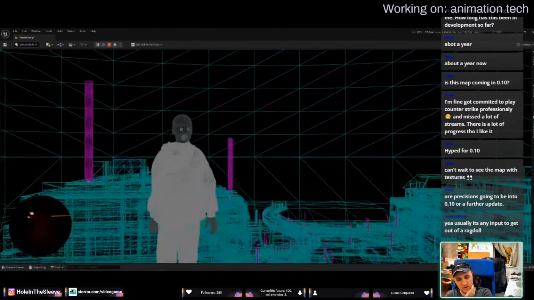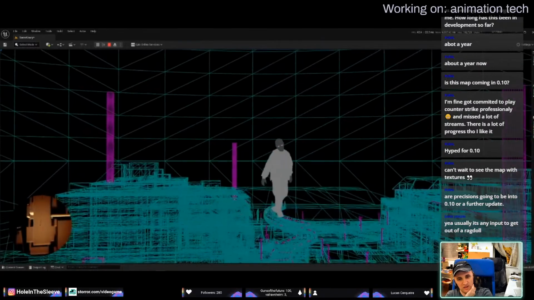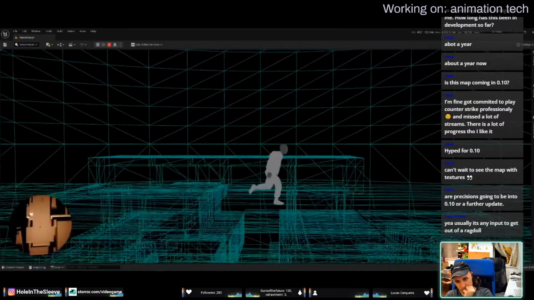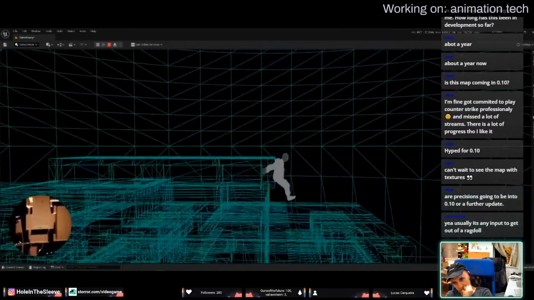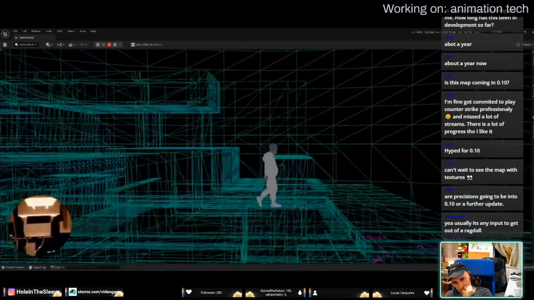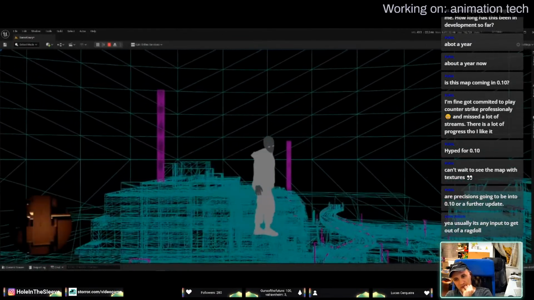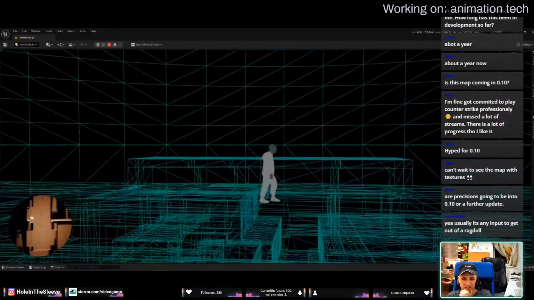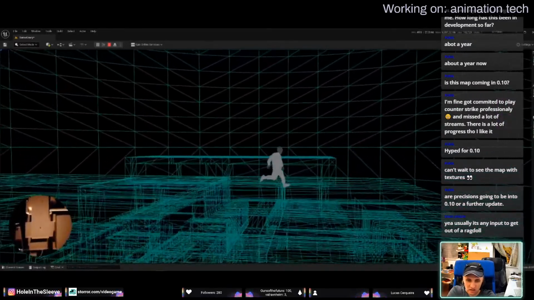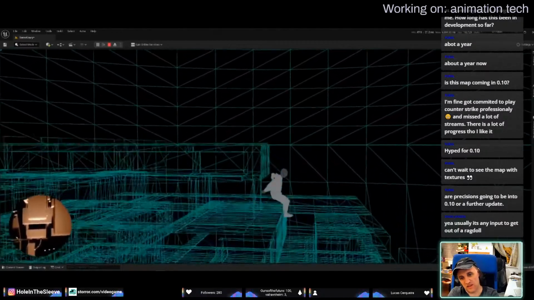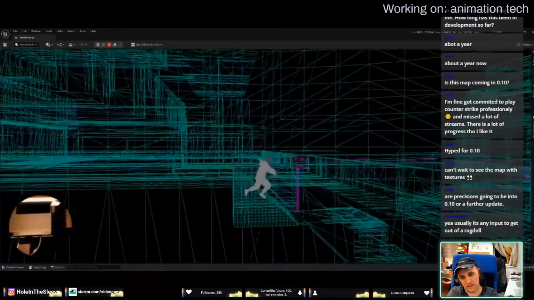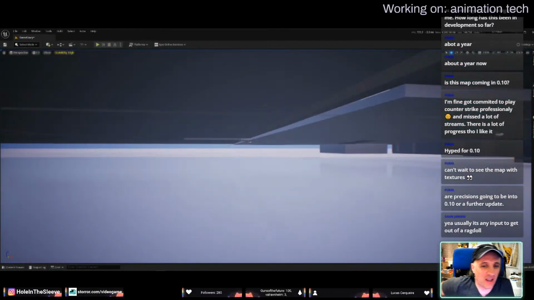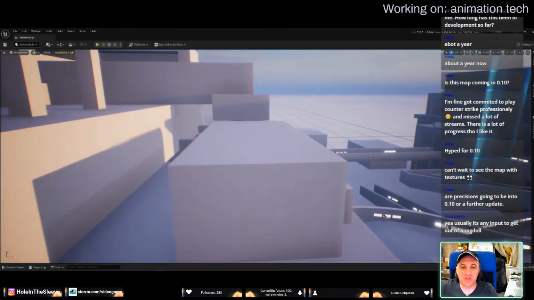Ah, I went too late. L2. Ah, I went too early. Fuck's sake, this wireframe's making it so hard. Yes. See? It falls. No, but it doesn't, because it just collides with something else and then falls.